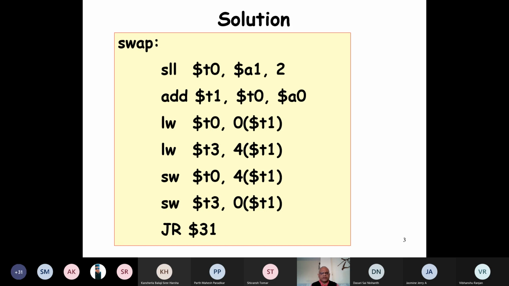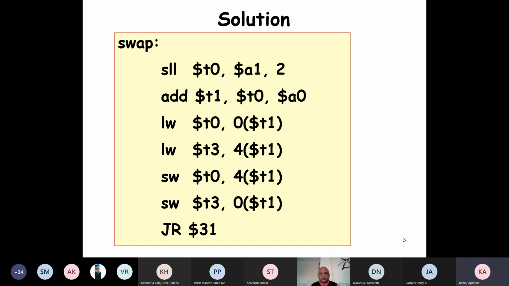The shift left logical: A1 contains K, and we add that to A0, which is the start address of the array. What did we achieve by writing these two? Sir, the first line gets the byte address from the word address by multiplying by 4. So A1 contains the word index K and T0 contains the byte offset. And in the next line we get the address value of A plus K, like the array element A[K], and store the value in T1.